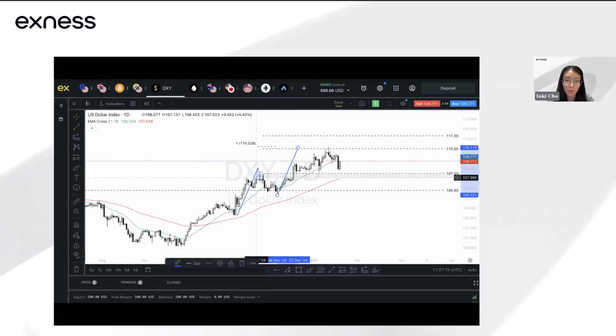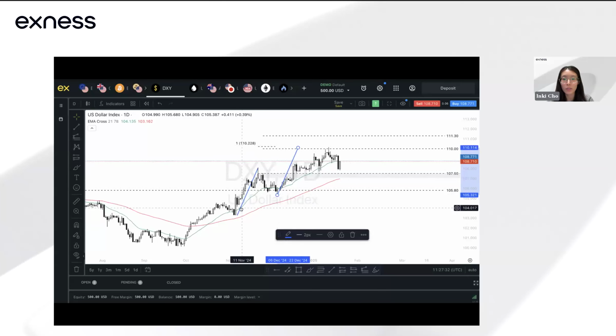So 100% extension basically just means that this rally that we observed back in November, the early part of November all the way up to the 22nd of November, the extent of this rally is similar when you project it starting from December. So it's the same, which is why it means 100%. The extent of this rally, the one in blue, is similar to the next move that we saw. So after we saw the price push into the 100% extension zone,